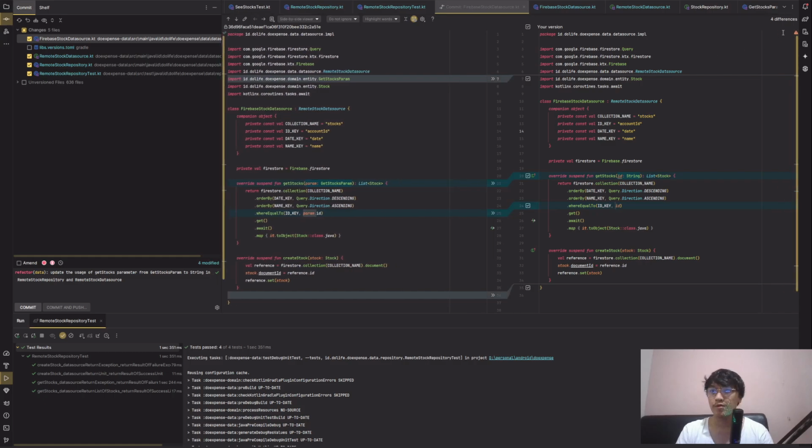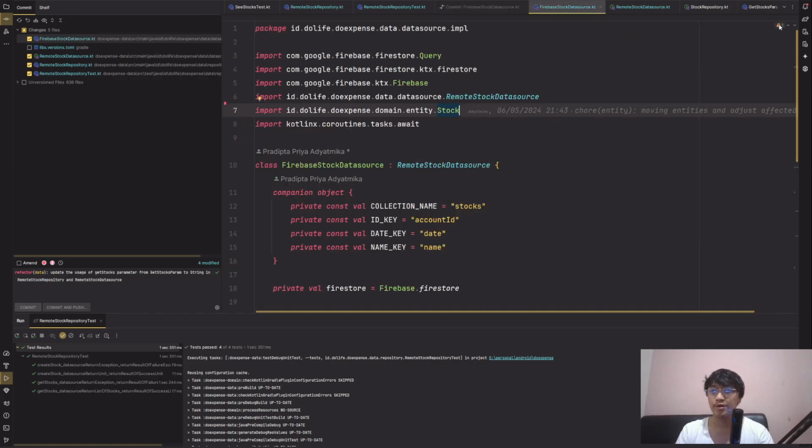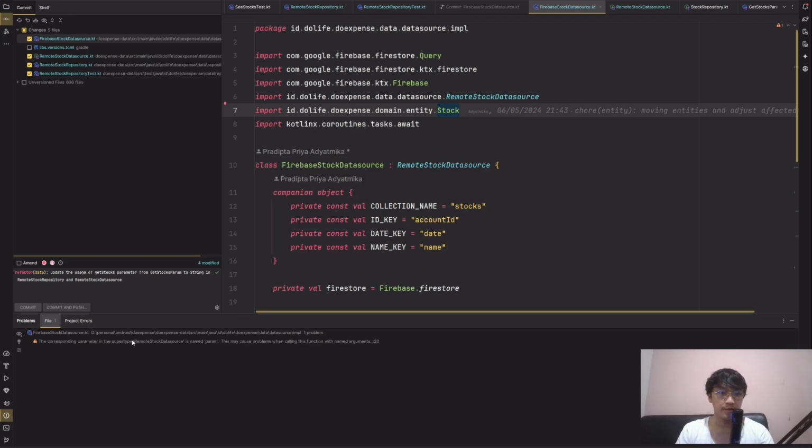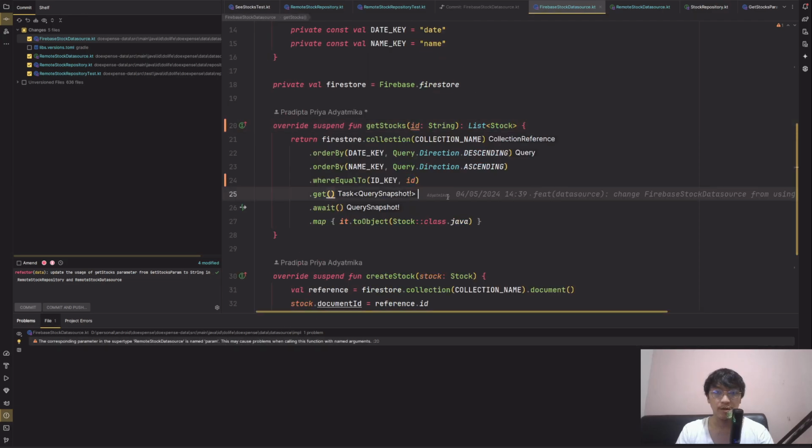And wait, we see a warning in here. Let's press F4 and see the corresponding parameter in the supertype: the parameter is named param.